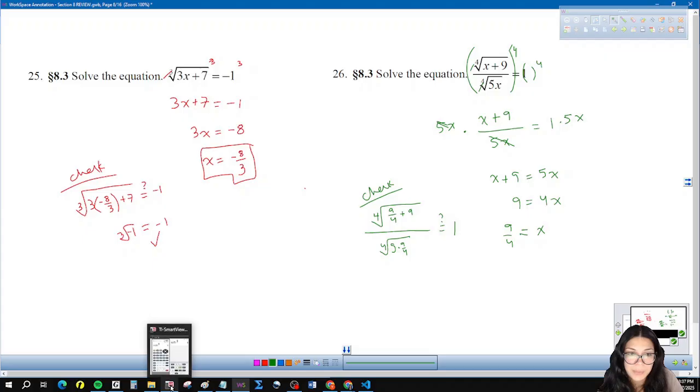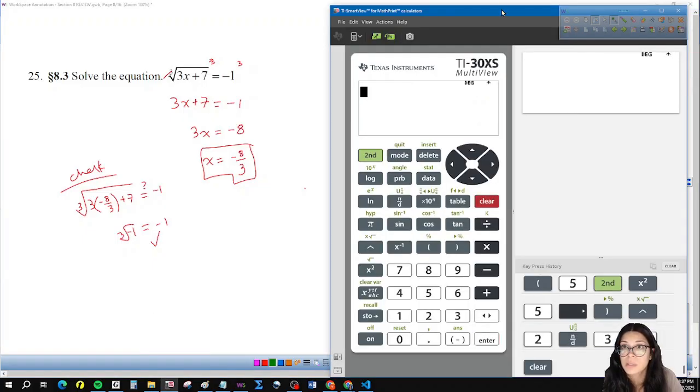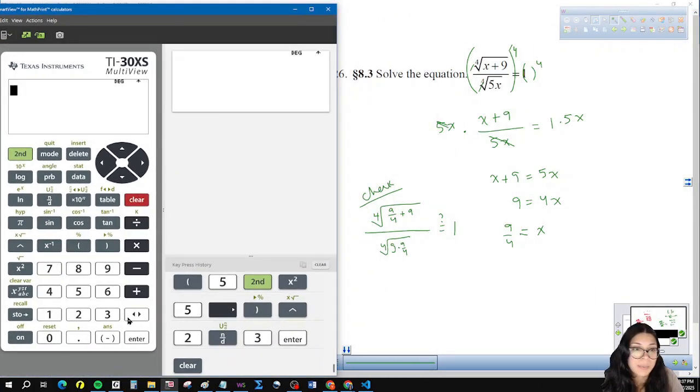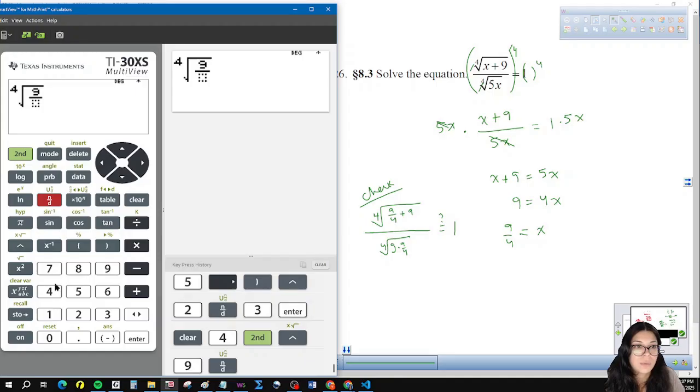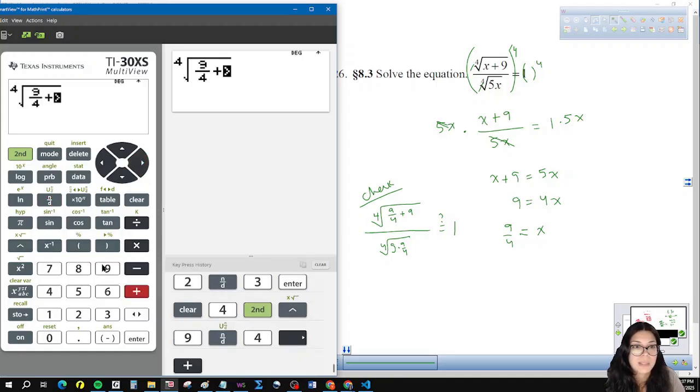So I can type it all into the calculator at once, or I can do the numerator and denominator separately. I'm going to do that just so I have a little bit less to work with at a time here. So I'm going to do the fourth root of 9/4 plus 9. And that gives me